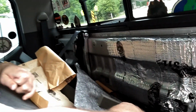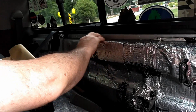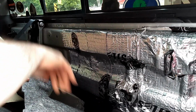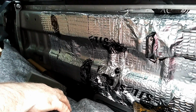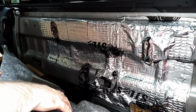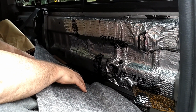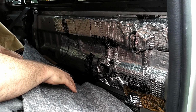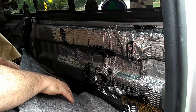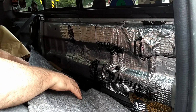Alright, hey there everybody. Back again, working on some sound deadening here. I'd already put up an earlier video from the Toyota RAV4 and installing some deadening material in the back. Well, the spare tire is on the outside, but what would usually be a spare tire well